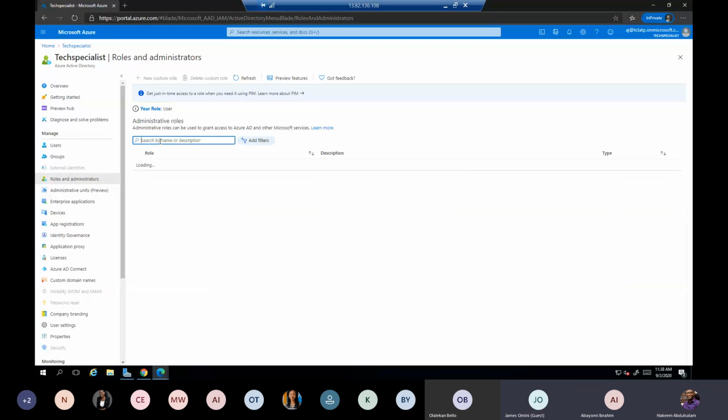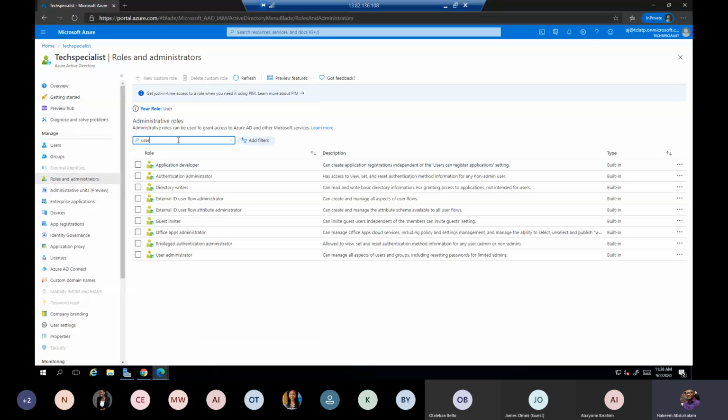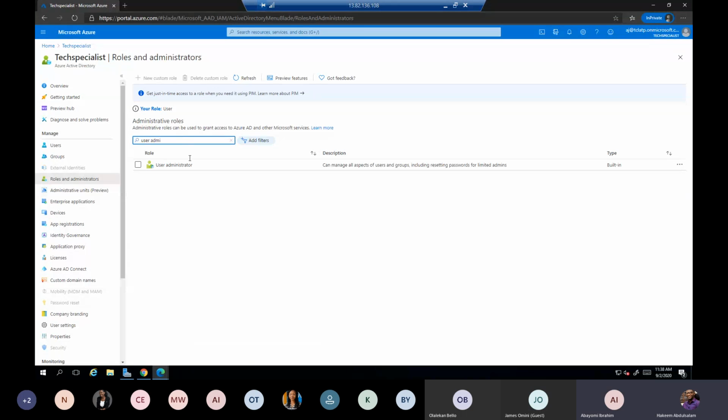So I could say things like user administrator. So you know what a user administrator does. Here you could see can manage all aspects of users and groups, including resetting password for limited admins and all of that. So this is for Azure AD roles. So for Azure AD resources, if you want to give a user permission to be a user administrator, all you just need to do is